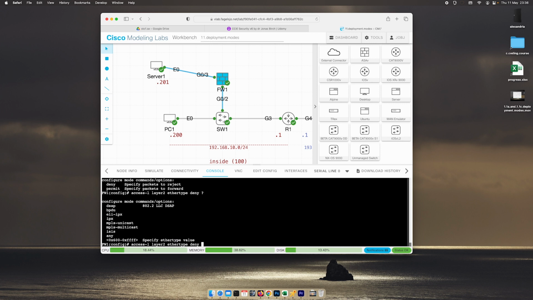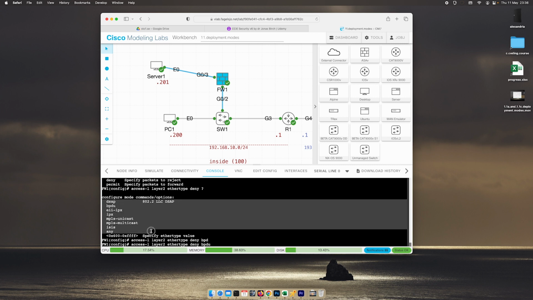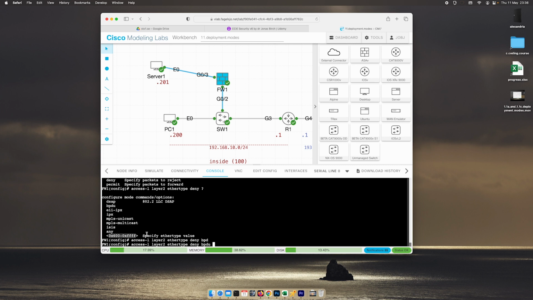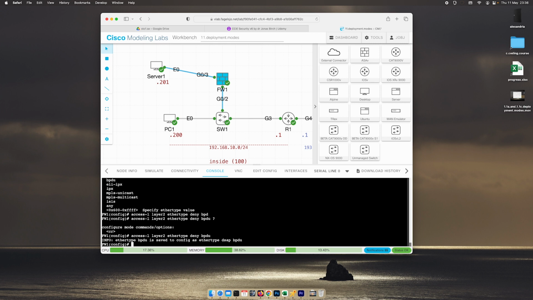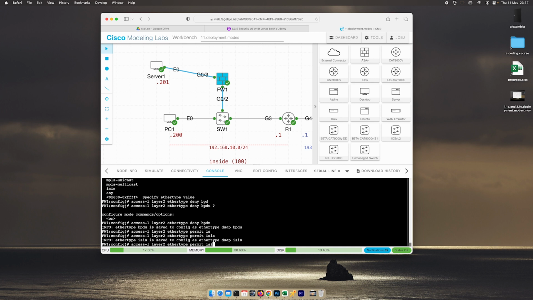So let's deny BPDU, and here is a list of different protocols. We can also put in the numbered value for the protocol ourselves. So deny BPDU, and that's all there is. We can also permit ISIS, and if we were to end with deny any,